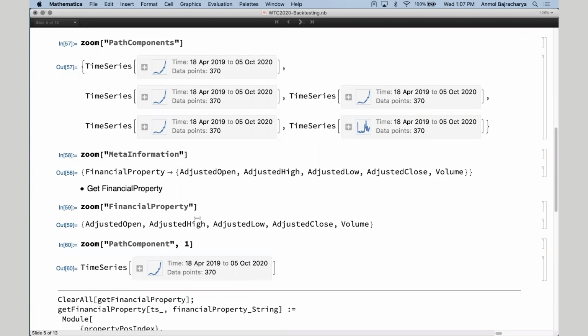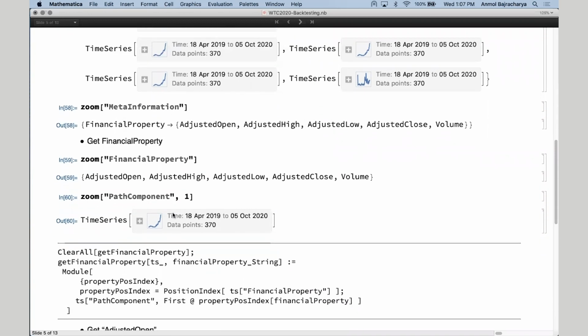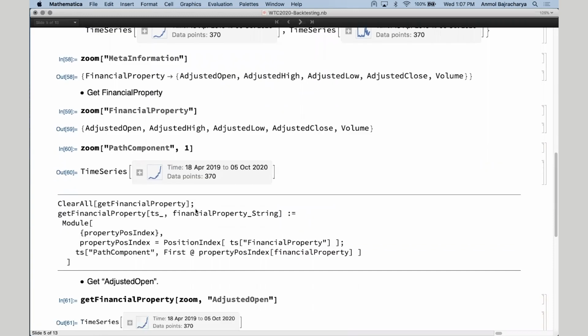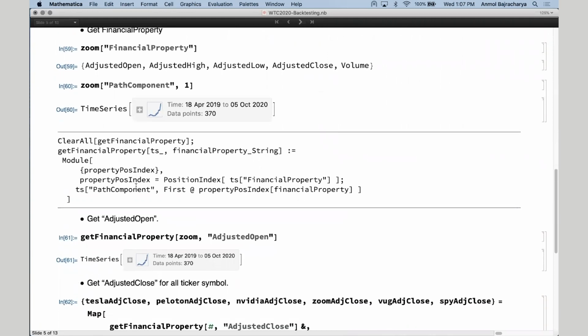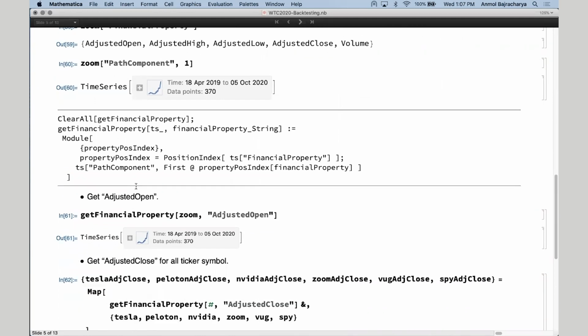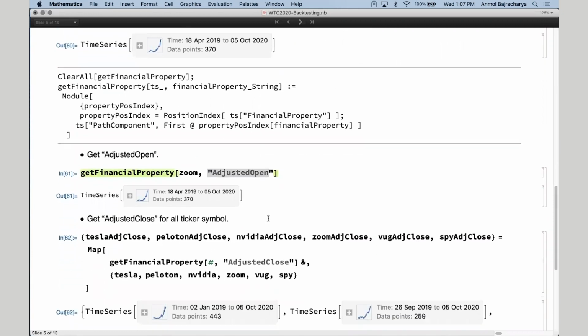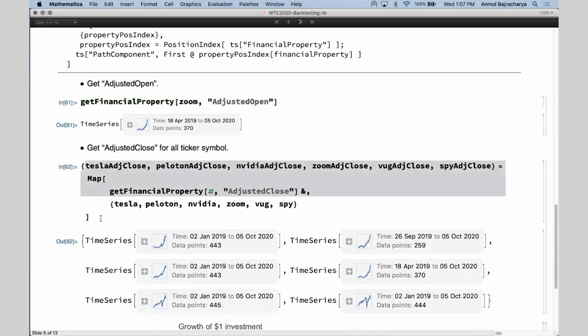To extract each component, you can either use a path component like this, or I have defined a simple function called get financial property, which will allow you to get the specific components by just providing the string like this. And over here, all I'm doing is extracting the adjusted close price for